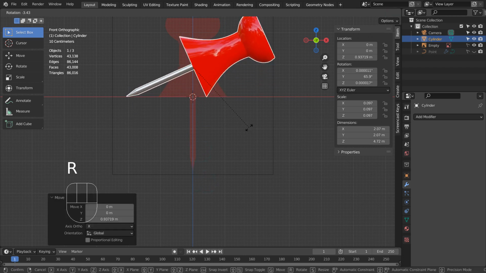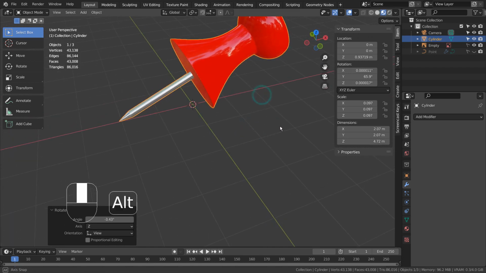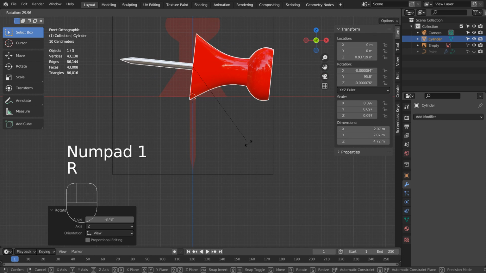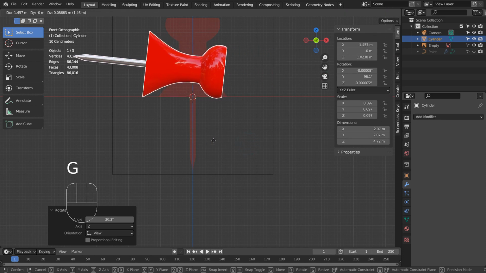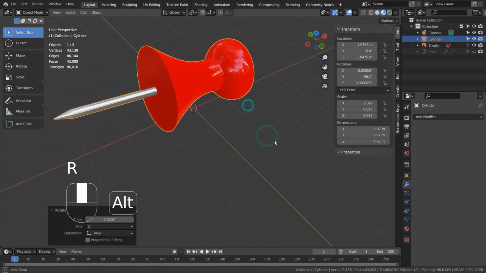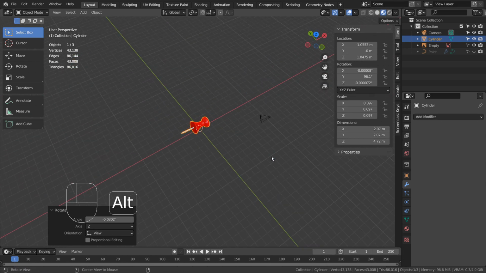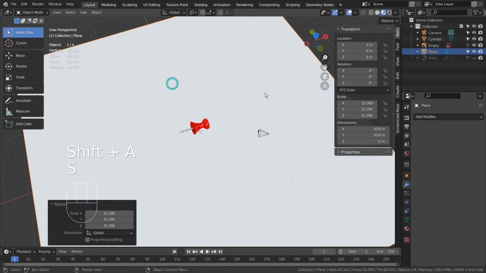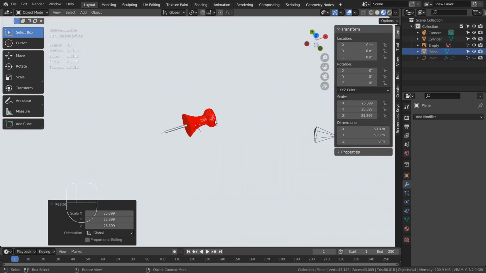I'll create a simple scene. Let's create a ground plane, and duplicate the pin mesh twice.